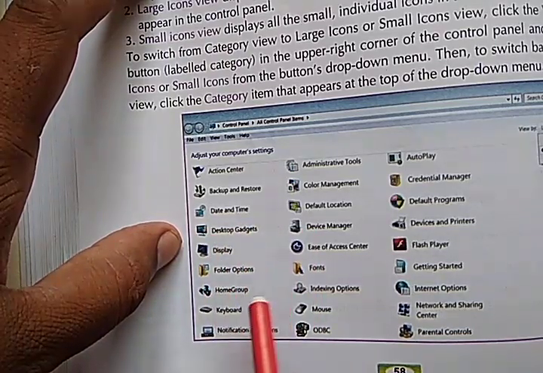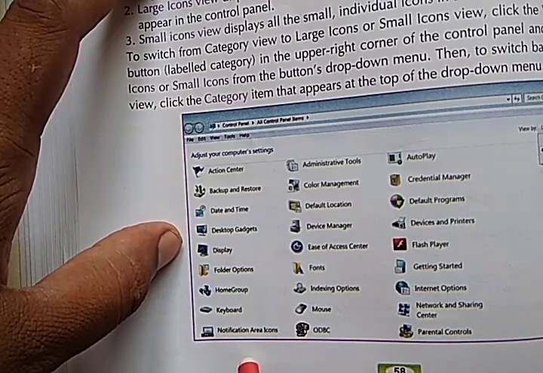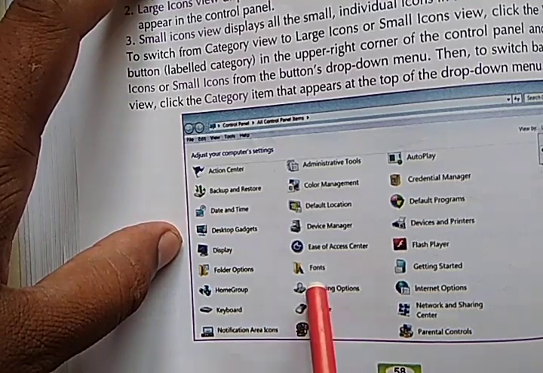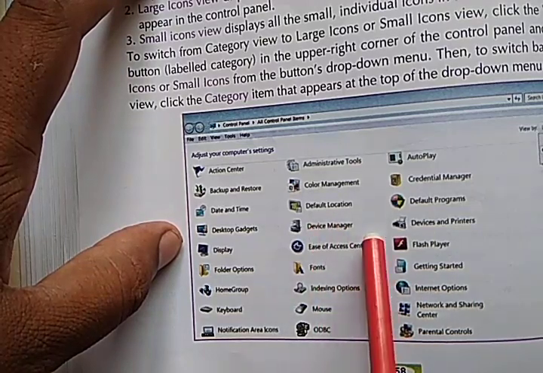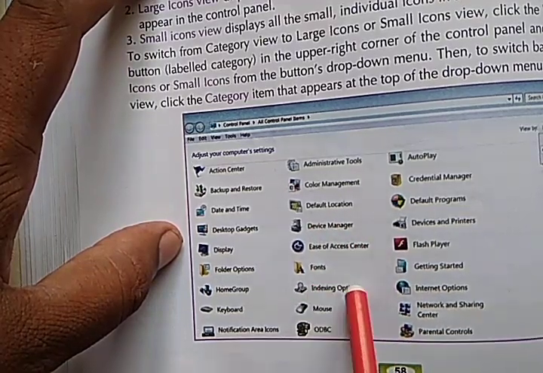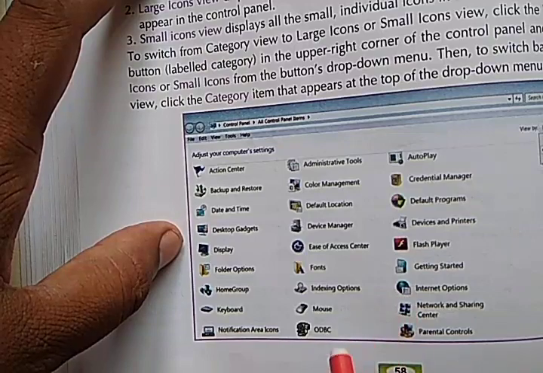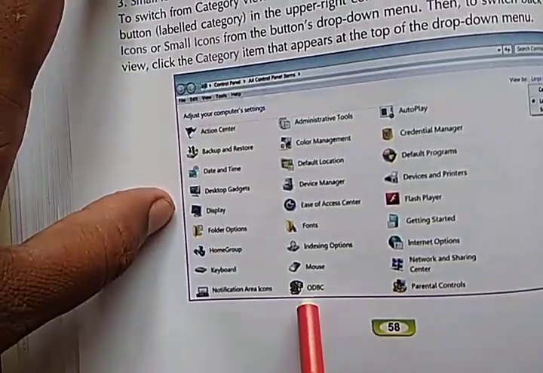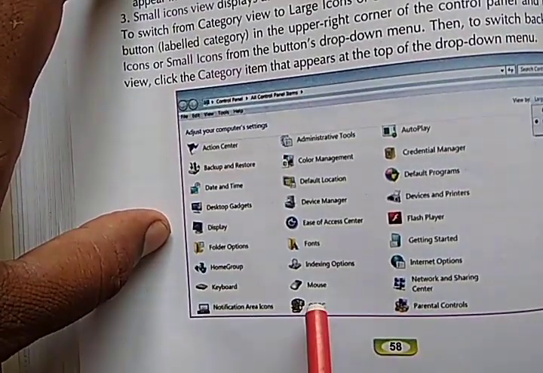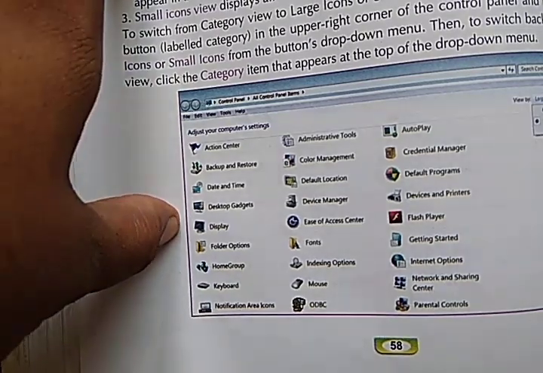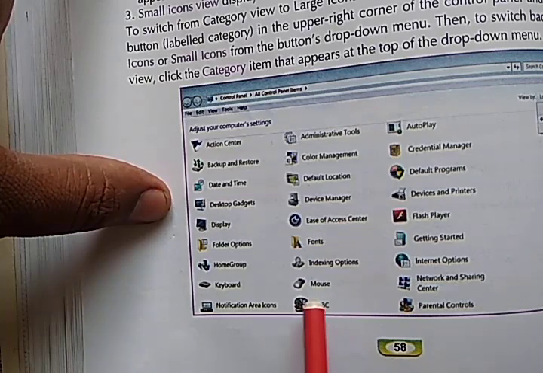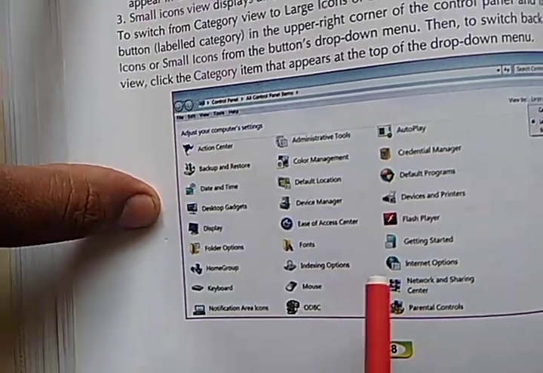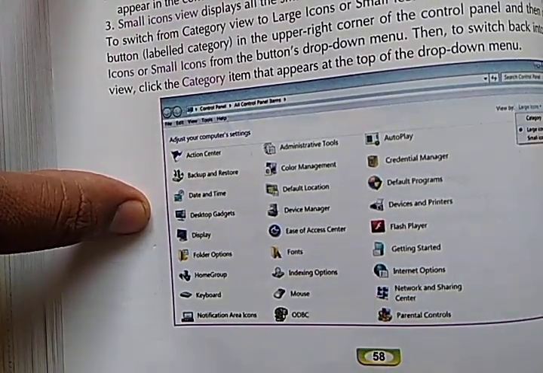Desktop gadgets, display, folder options, home group, keyboard, mouse, fonts, all types are given here. Fonts you can change here, and mouse speed you can control or increase here. If you want to change the mouse clicking or speed, then you can change it from this option. So this is the option.